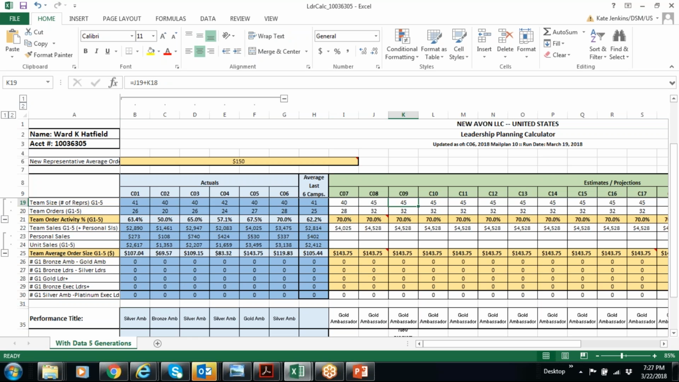Because it's nice to be able to see, if you add one person every campaign, what that does to your bottom line. Or if you say, I'm going for 2 every campaign, it's a good eye opener. So let me,